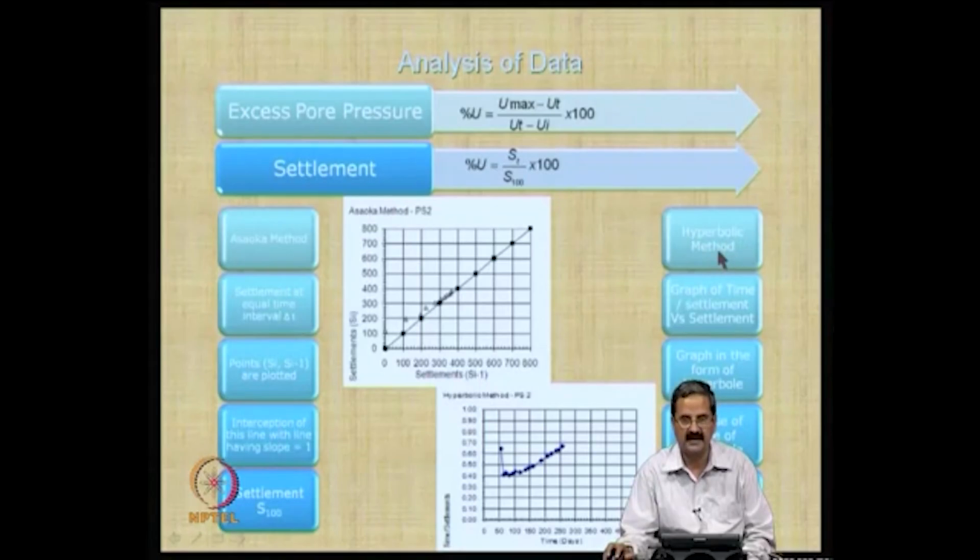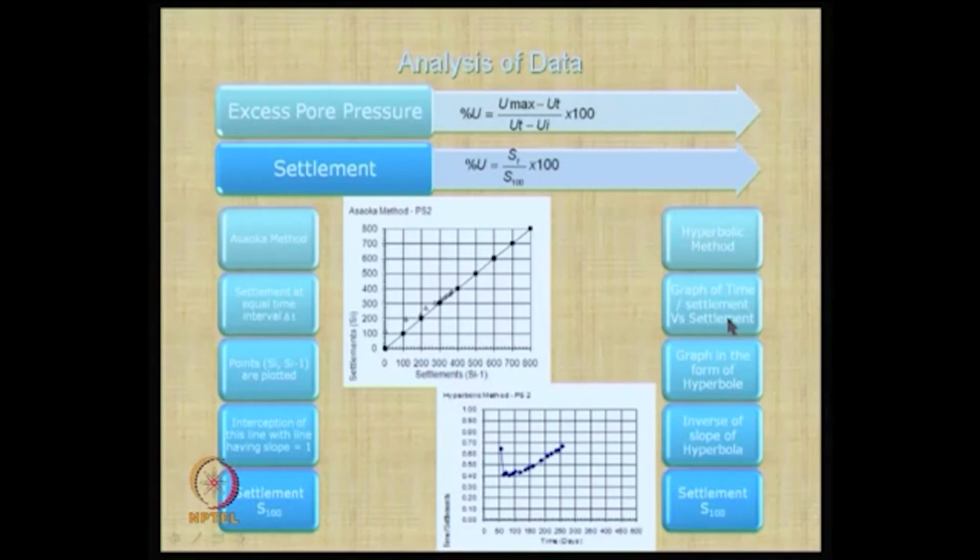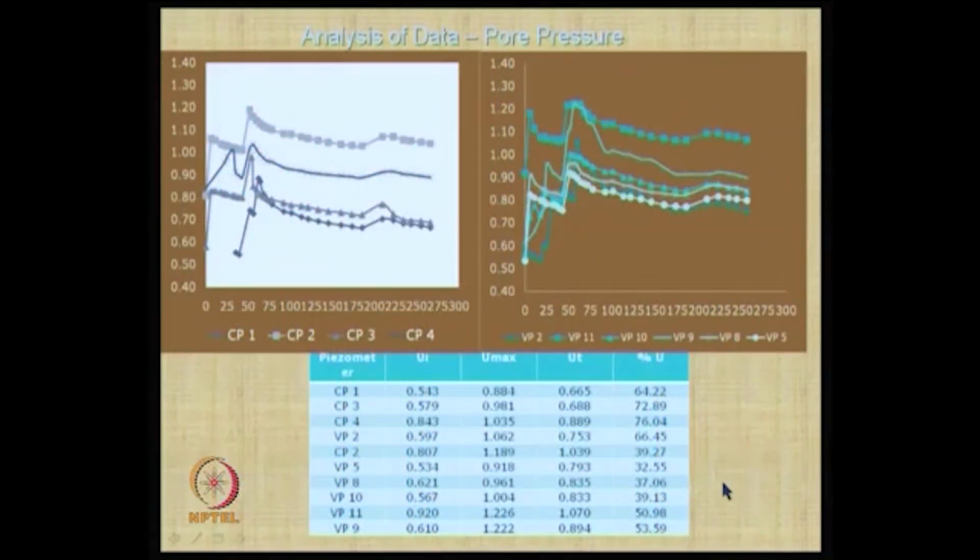In fact, hyperbola is a standard constitutive model in basic mechanics, which we call the Duncan-Chang model. What we do here is plot the graph of time versus settlement, and whatever is in that curved form becomes a straight line. The graph in the form of a hyperbola is then the inverse of this slope. So, this hyperbola is converted into suitable coordinates, and one can calculate ultimate settlement. Okay. The long term settlements one can calculate,